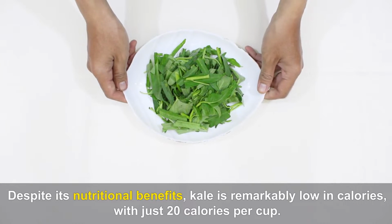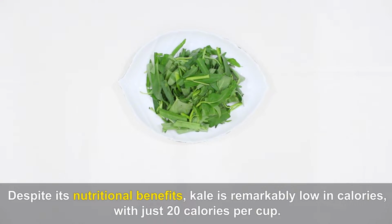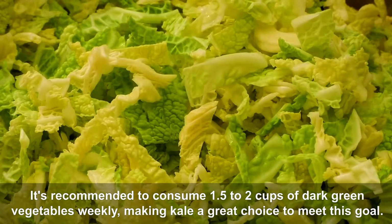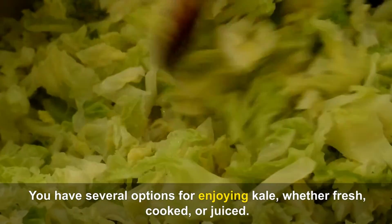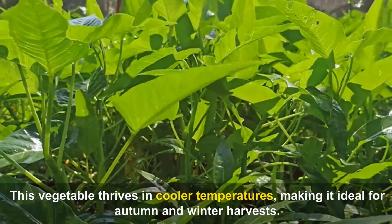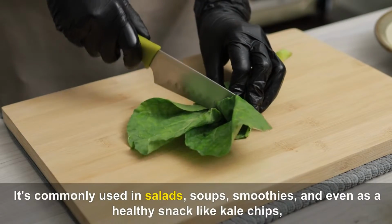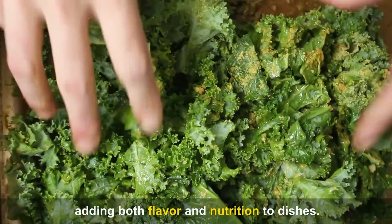Despite its nutritional benefits, kale is remarkably low in calories, with just 20 calories per cup. It's recommended to consume 1.5 to 2 cups of dark green vegetables weekly, making kale a great choice to meet this goal. You have several options for enjoying kale, whether fresh, cooked, or juiced. This vegetable thrives in cooler temperatures, making it ideal for autumn and winter harvests. It's commonly used in salads, soups, smoothies, and even as a healthy snack like kale chips, adding both flavor and